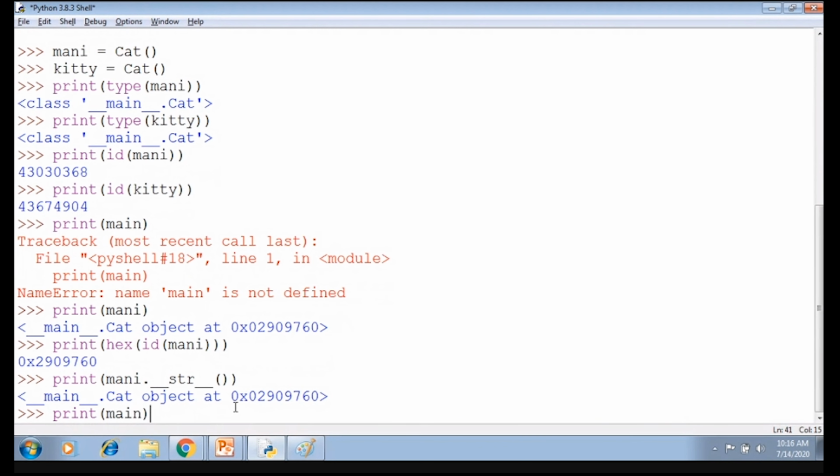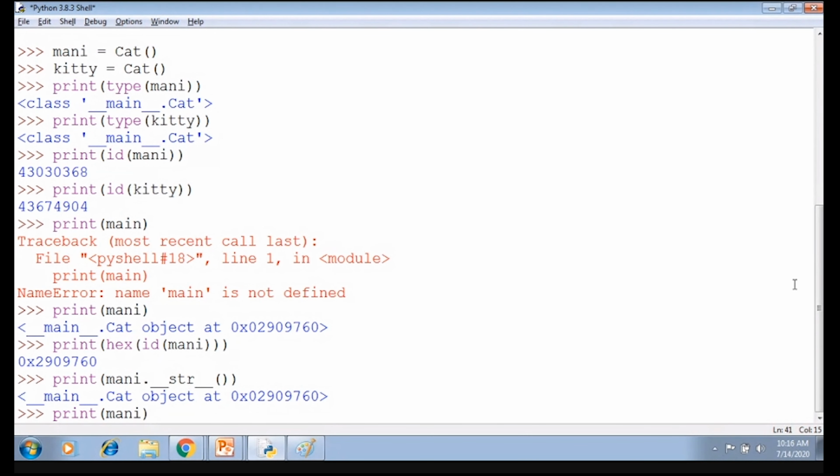Whenever you pass any object to print, first that object implicitly calls its magic method. This magic method returns a string, and that string is passed to print. You understanding? Now only those who are from Java are clear. Like in Java, when you pass an object to SOP, a toString magic method is implicitly called. Here, str. Now you'll say how this is called. In my class, there is no such function.